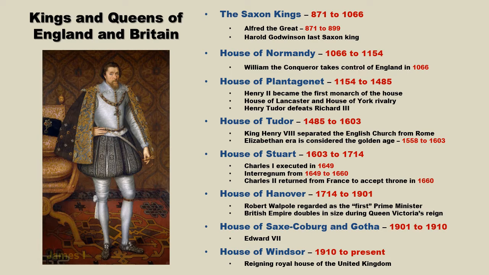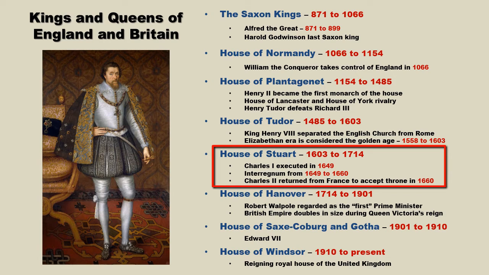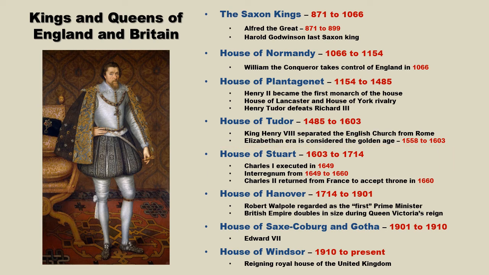Her cousin, King James VI of Scotland, ascended to the English throne as James I. This also led to a new house, the House of Stuart. In addition, this led to a union of the Scottish and English crowns. Although the crowns were merged into one, the kingdoms of Scotland and England remained sovereign states, with their own parliaments and judicial systems. During his reign, James experienced great difficulties in England, including conflicts with Parliament and an assassination attempt called the Gunpowder Plot.